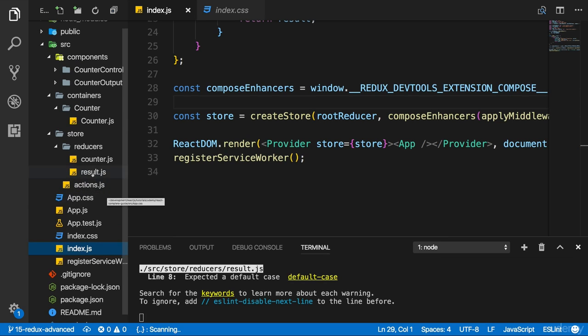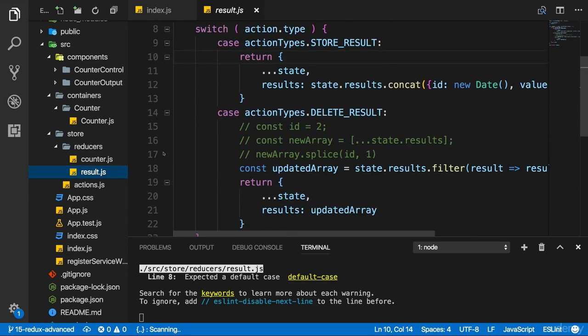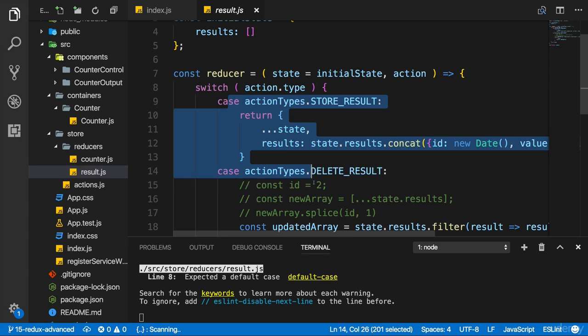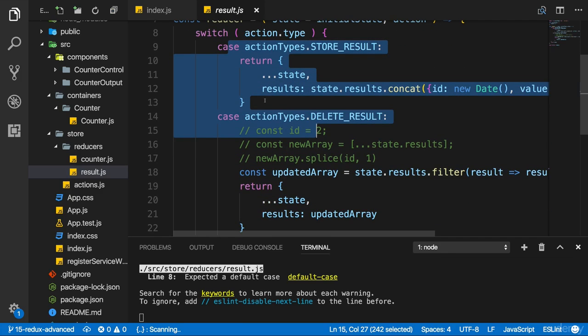Let's say that when storing a new result, we actually want to simulate that we also stored this on a server. Now we won't reach out to a server here because it doesn't matter, but we can simply use setTimeout to simulate that this simply takes a short period of time. And we want to update the store after this completed, let's say. The same for delete result. So essentially, we want to create asynchronous code or actions here.